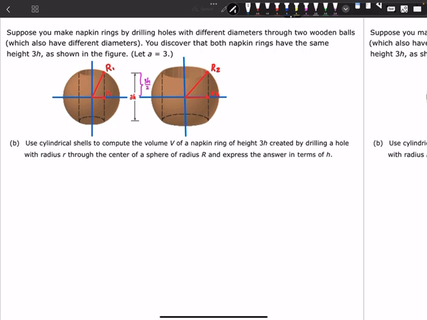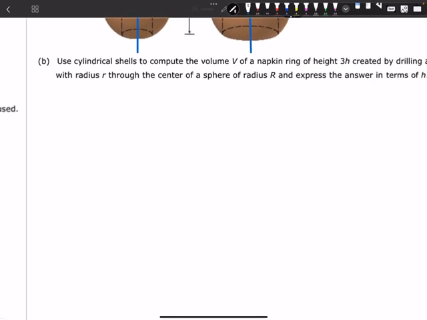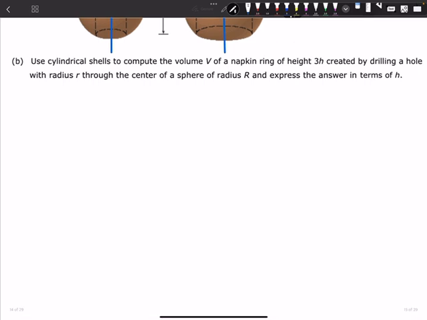So what I'm going to do is graph, sort of arbitrarily, either one of these. It doesn't matter which one. I'm going to make use of symmetry here, so I only want to graph the top half of one of these napkin rings. When I graph it, I want to make it as round as I can. Okay, that's supposed to be a circle, but I don't want to graph the whole thing. So if we were to drill our hole right here,